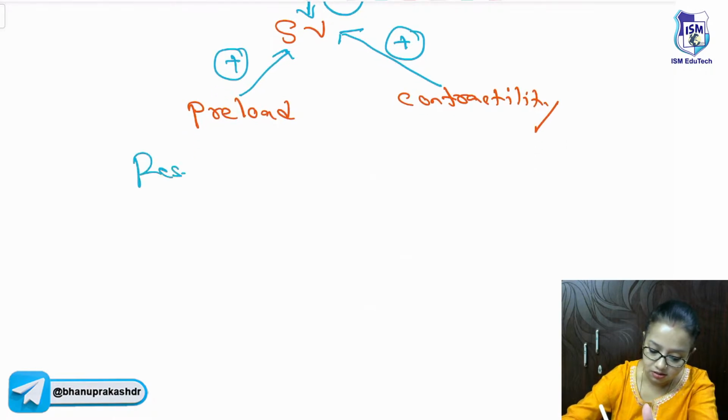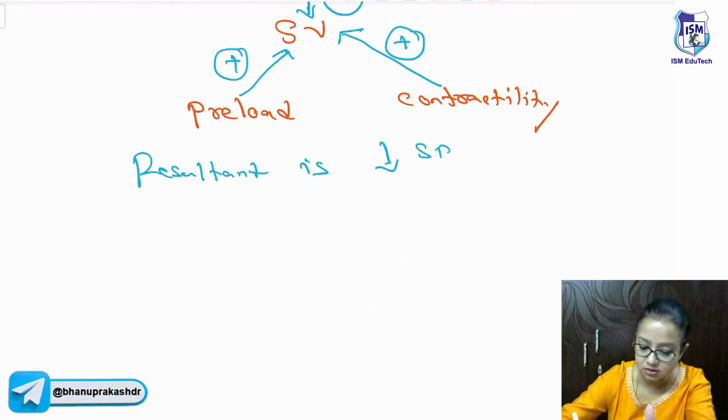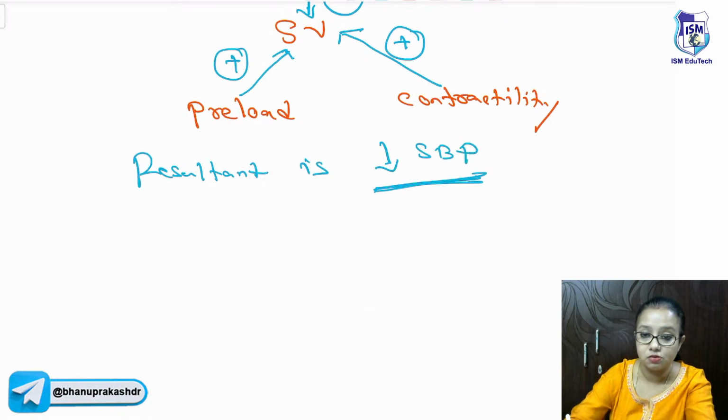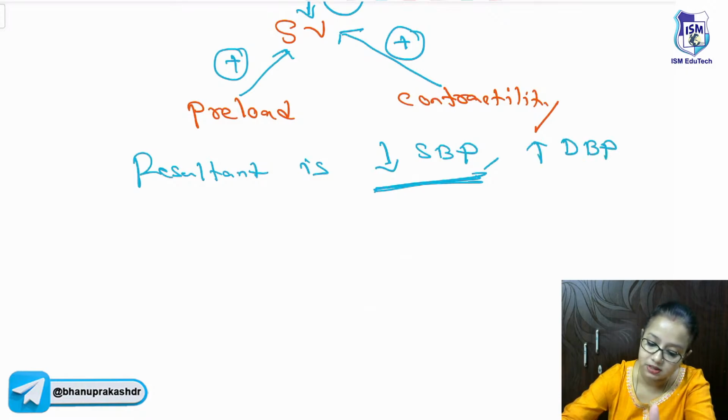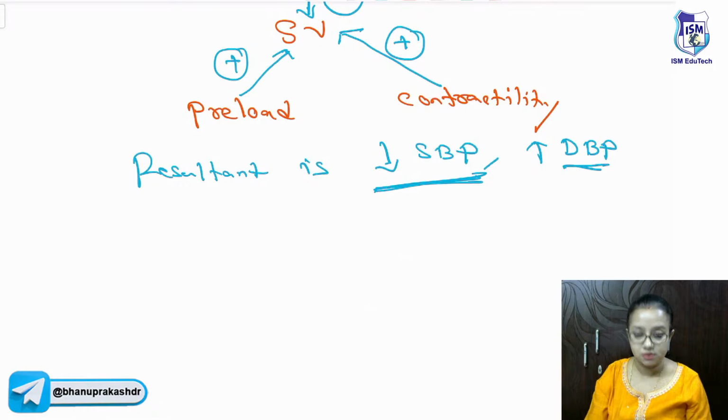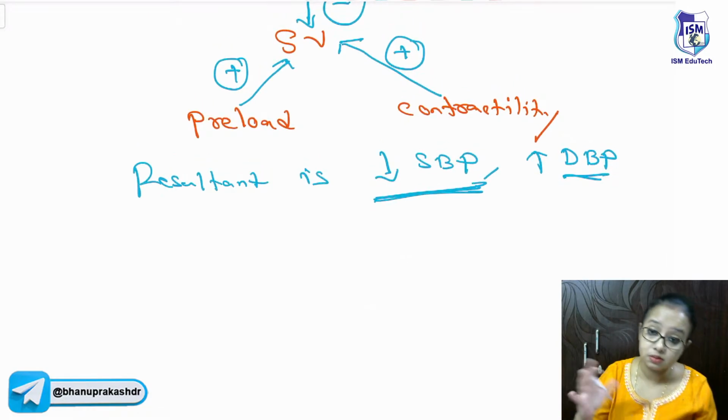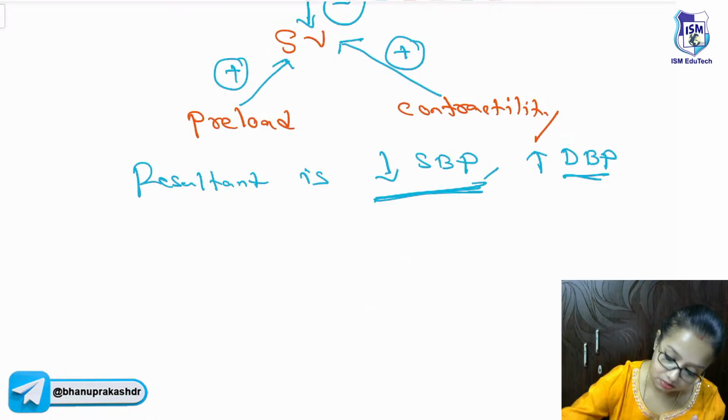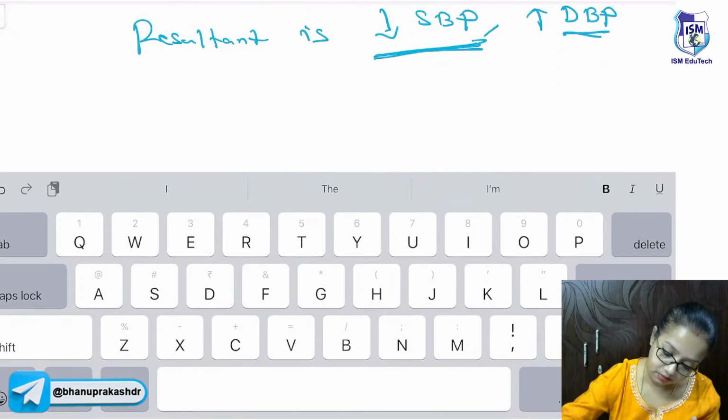The resultant is a drop in systolic blood pressure. The systolic blood pressure will decrease, and since the afterload is more, there is an increase in the diastolic blood pressure. This, of course, we will understand in the next class. Next class we will start with the Starling curves, which is an extended understanding of what we discussed today. Now, coming to the last part of it,